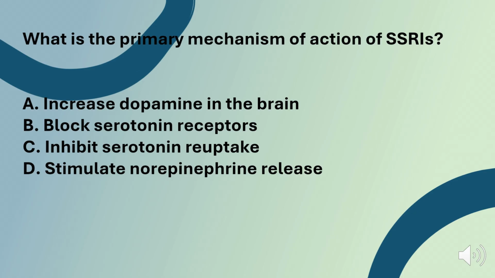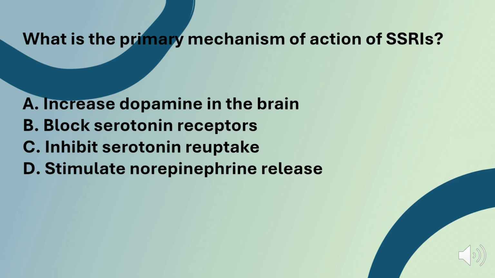Question number 1. What is the primary mechanism of action of SSRIs? A. Increase dopamine in the brain. B. Block serotonin receptors. C. Inhibit serotonin reuptake. Or D. Stimulate norepinephrine release. So, if you will recall what we discussed in last week's PowerPoint, we said we always rule